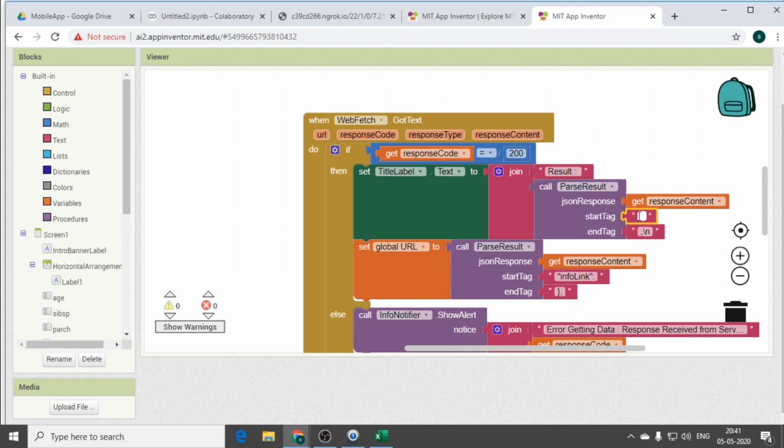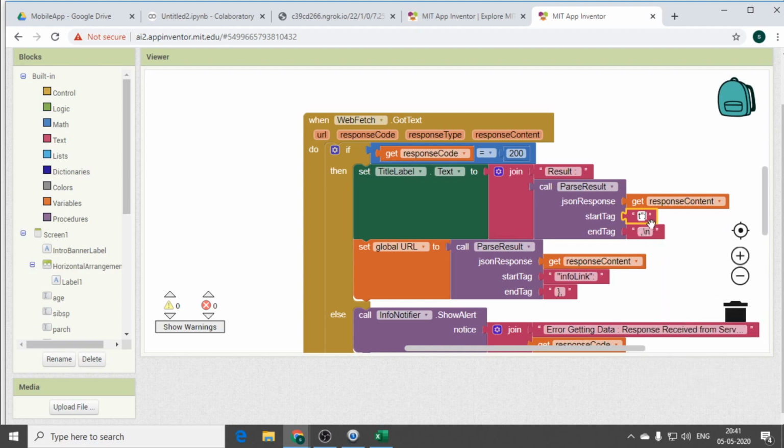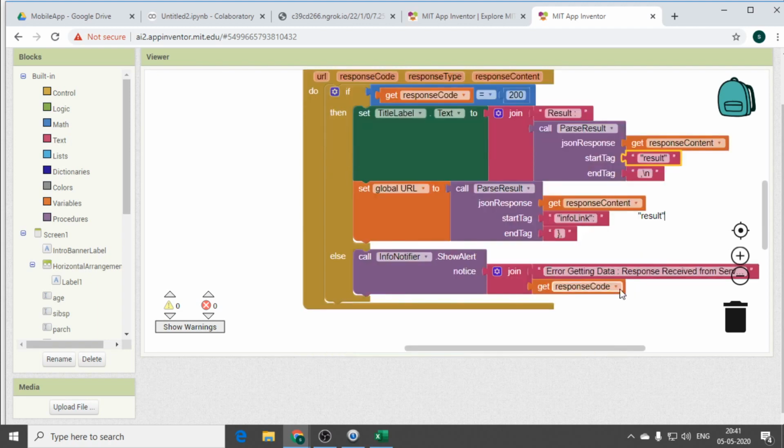Result in quotations. You need to copy the same thing, because the output should be the result, because whenever you input all the values, you get the output as whether it is survived or not survived.